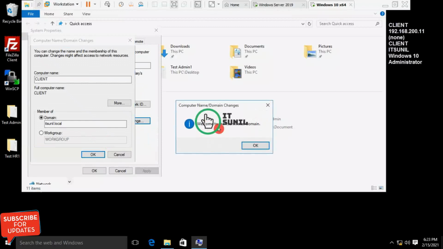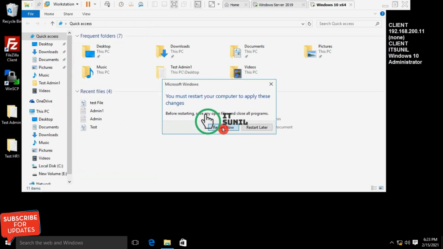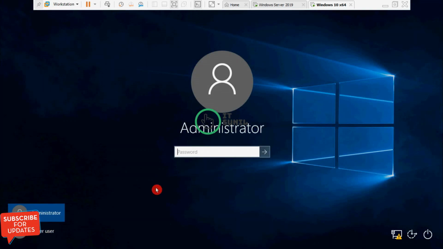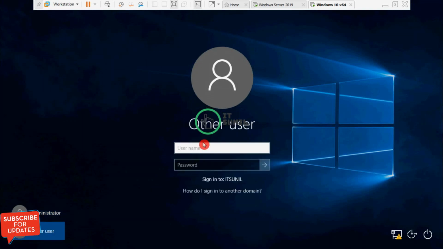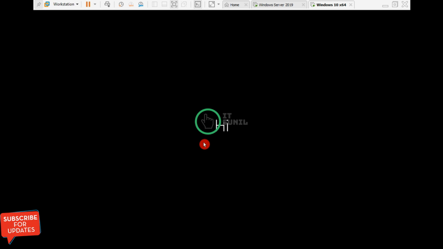Okay, that's fine. Welcome to itsunil.local. My computer has been successfully joined to the domain. That's good news. Now I'm going to log in with my domain administrator credentials into itsunil.local. Yes, I'm able to log into the domain.